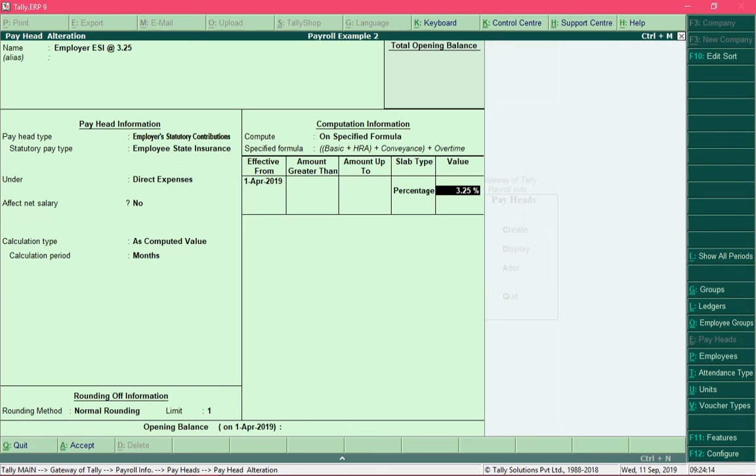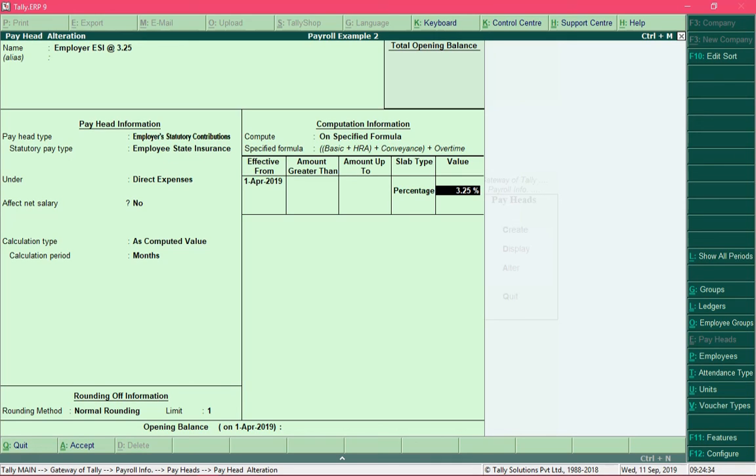For the fields amount greater than and amount up to, we would not be able to specify the gross salary limit of 21,000. That would be selected by Tally by default, so Tally knows what the limit is, and we need not specify that limit over here.